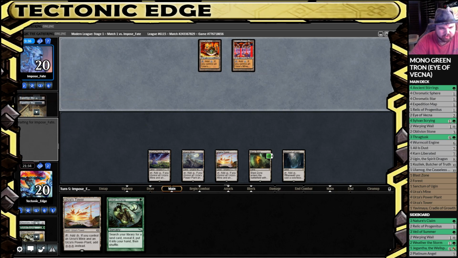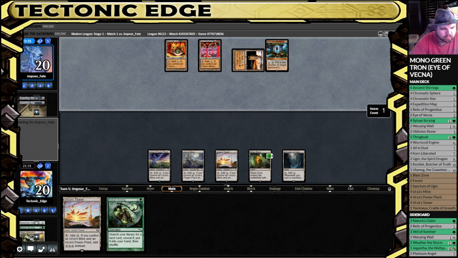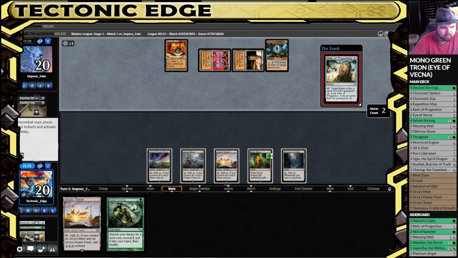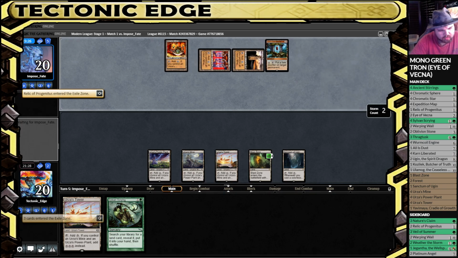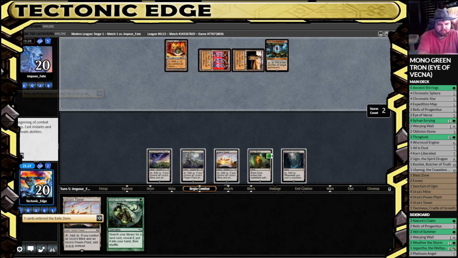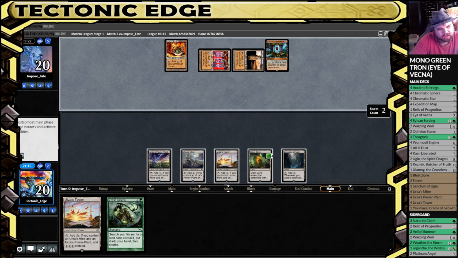Okay, now we're in recovery mode. Or they didn't have it. Okay, so we probably would have, with the assumption that they didn't have Karn in hand, then our better bet would have been going for the get a card out of their hand, get them a Tron early. Yeah. But we didn't know they didn't have Karn in hand. So